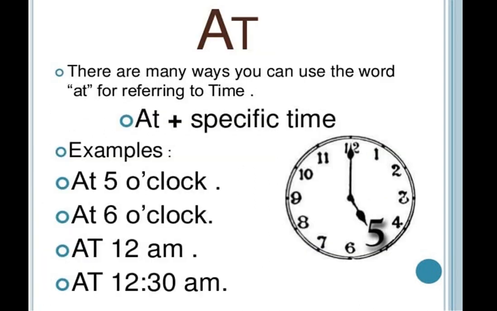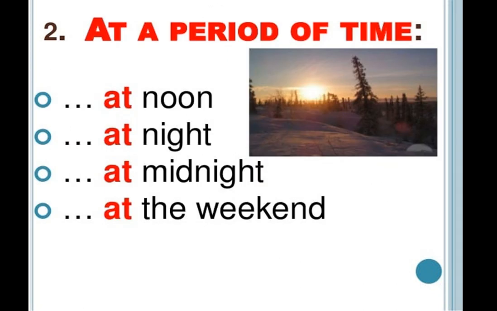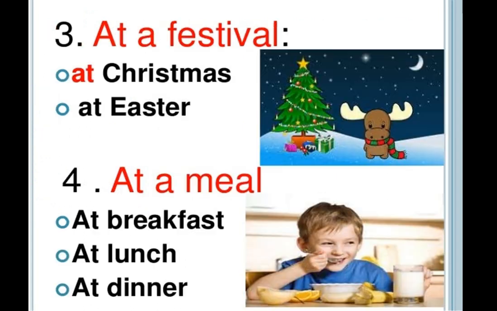At. There are many ways you can use the word at for referring to time. Okay, when you are talking about a specific time, I'll reach over here at 5 o'clock, I'll go to the gym at 6 o'clock. So when you're giving a specific time, you use at 12 o'clock, at 12:30. We also use at for a period of time, like at noon, at night, at midnight, at the weekend. Here you use at with a festival, when talking about festivals or a meal, like at Christmas, at Easter, or at breakfast,